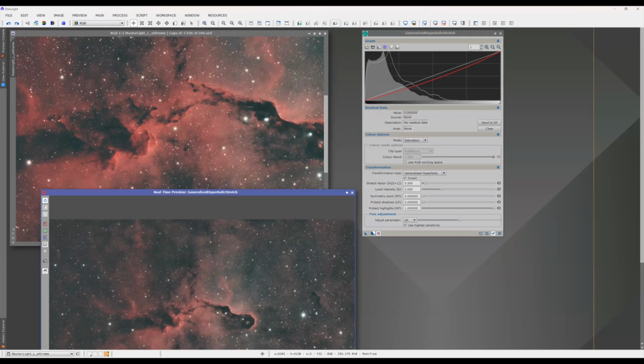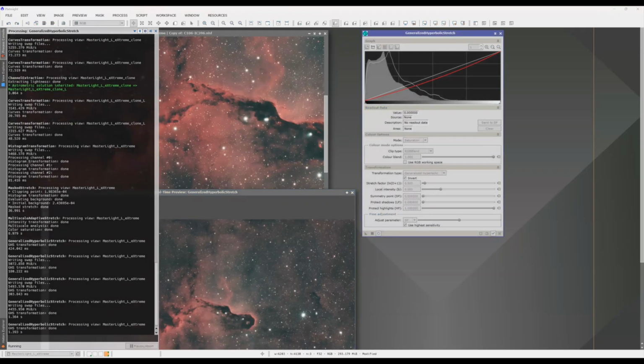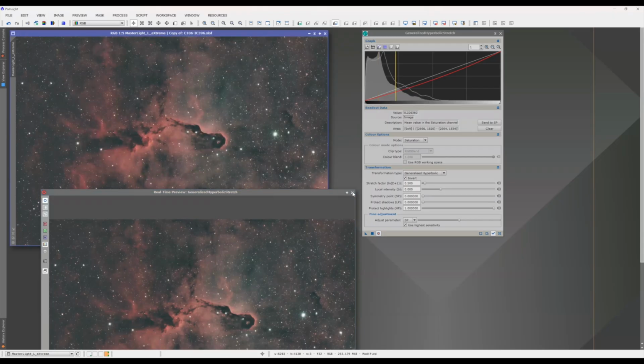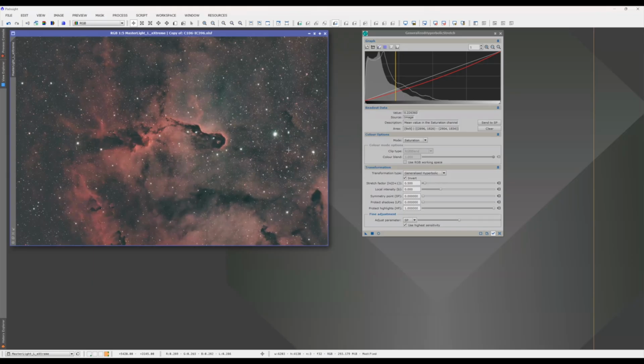If I apply this to the image, now it's much better through here, and I still have color in this area. So the same sort of technique that you would use for changing the brightness in the image also works for the saturation. Again, you can do any individual channel. Now, there's one thing I'll show you here that is very handy with this tool. If you go and look at all 3 channels here,